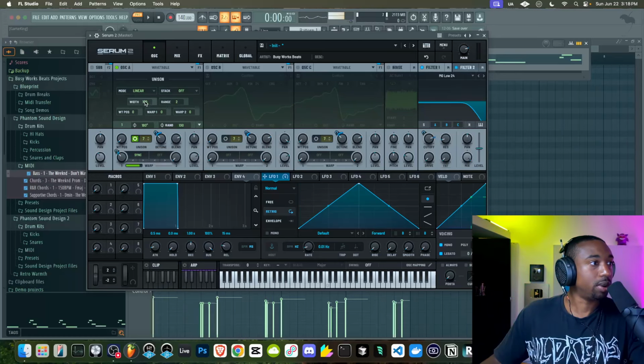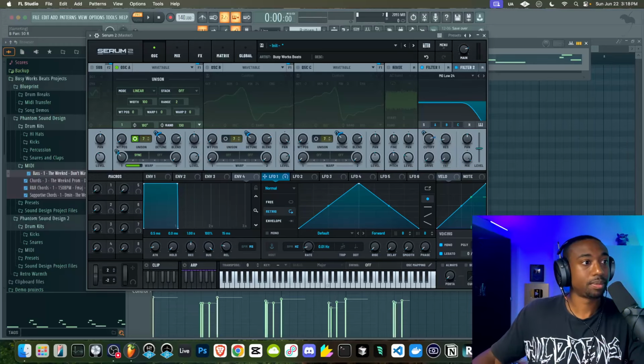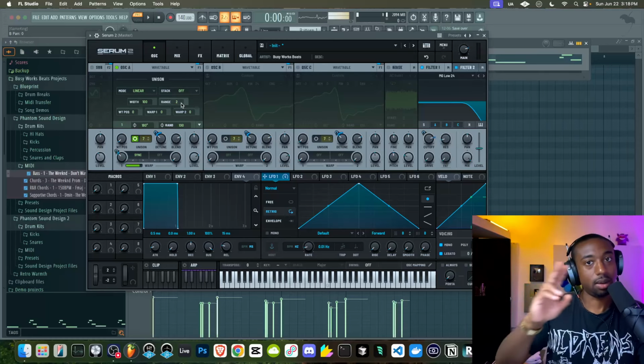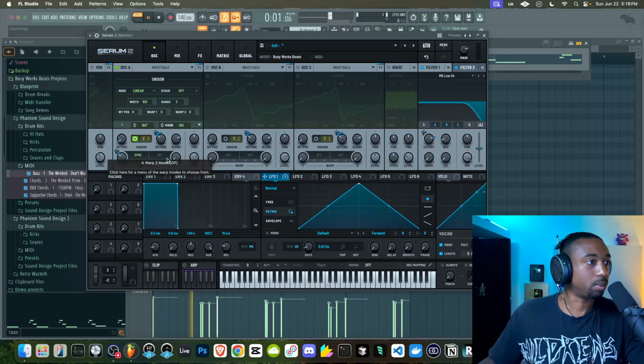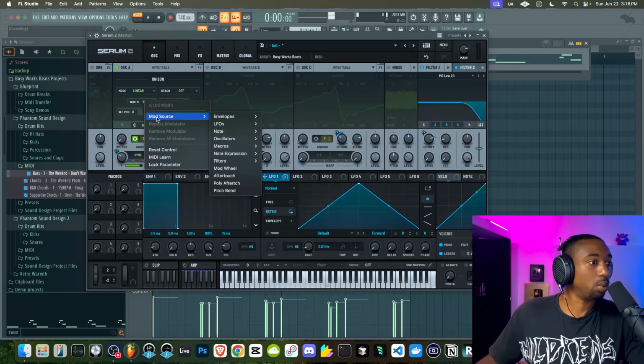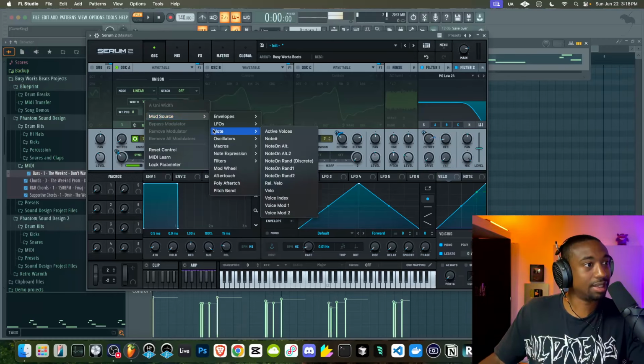So when you add unison, you have what's called a width. So let's pull these back to the center. I forgot we did that. Pull these to center. And this is important because we have now left-right differences, so it sounds like a width. Okay. So what we can do is right-click and modulate the width with a note on random discrete.